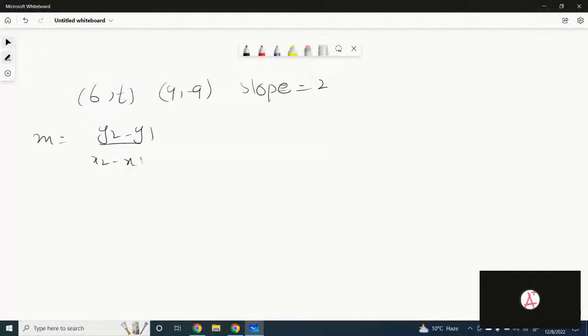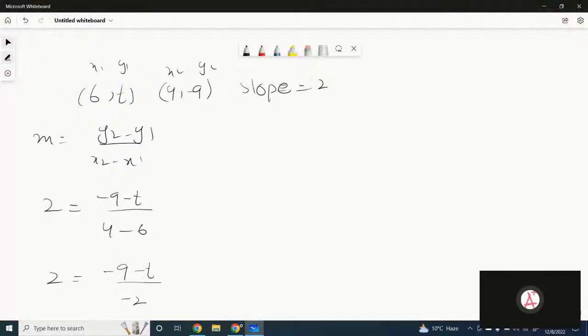So the slope is 2. This is x1, y1, this is x2, y2. Y2 minus y1 is negative 9 minus t, and x2 minus x1 is 4 minus 6. So it would be 2 divided by 1 equals negative 9 minus t divided by 4 minus